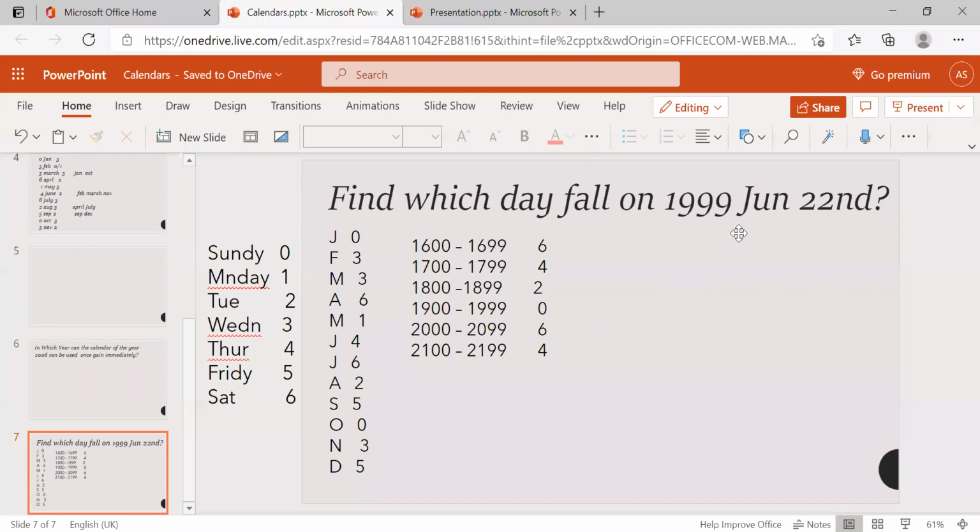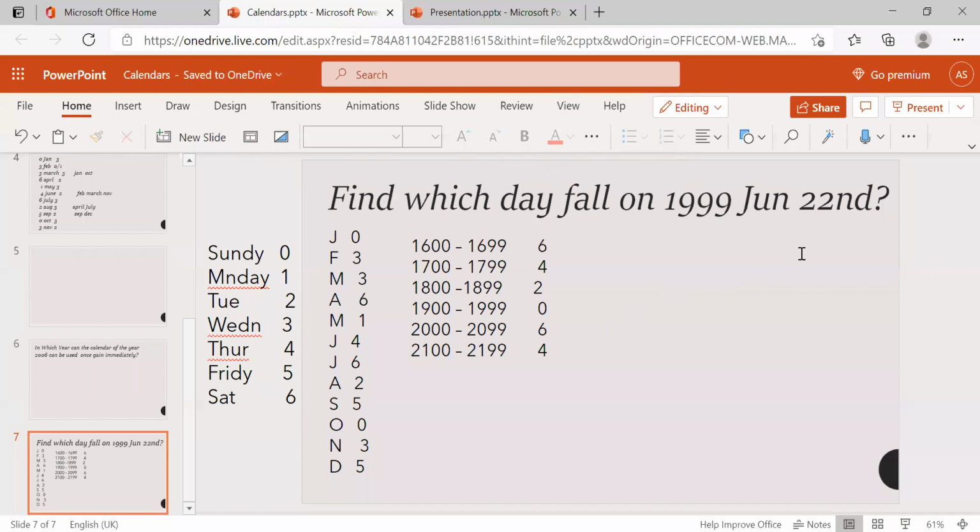The very first step is to take the last two digits of the year.